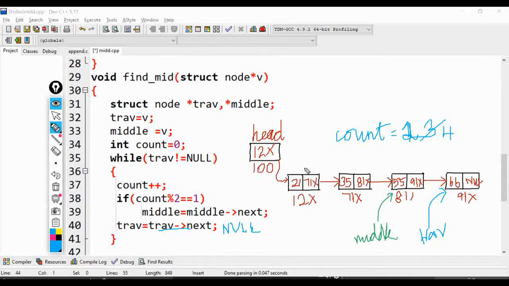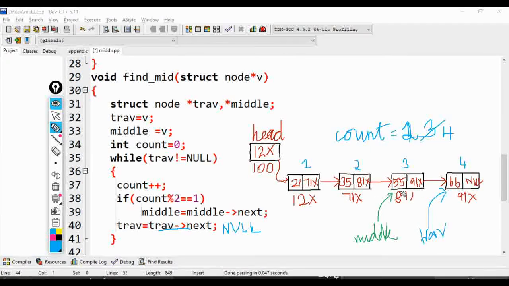As you can see here, let me count the number of nodes. So 1, 2, 3, and 4. There are 4 nodes in the linked list. So here it is an even number of nodes, which means there will be two midpoints, 2 and 3. We have to return the node which is at the second middle element, isn't it? So node 3 will be returned.